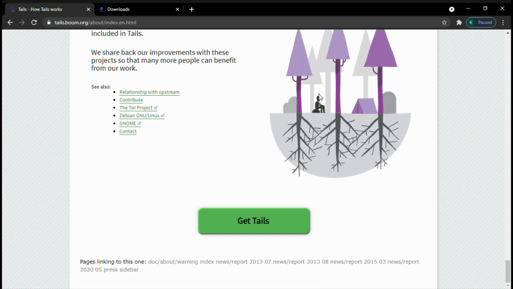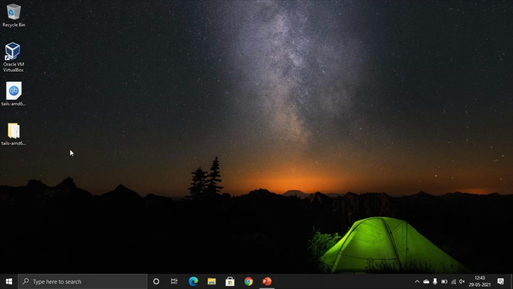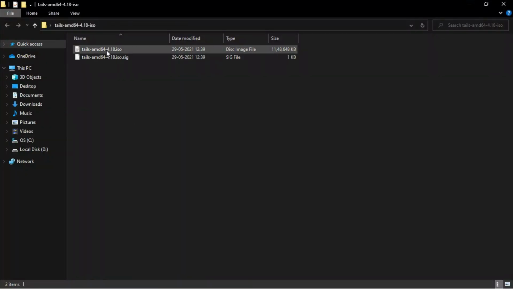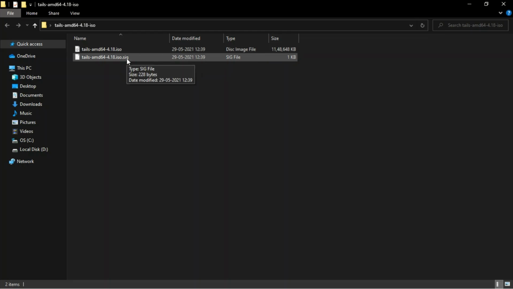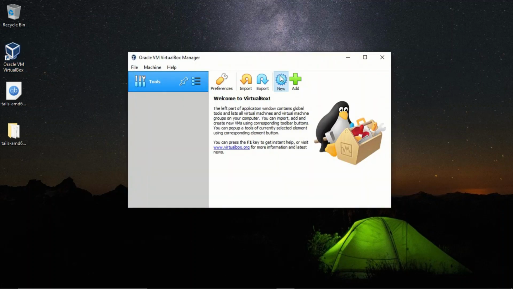The data you enter on a website goes through 3 Tor nodes and finally reaches the website. The website thinks that the data is coming from the front node, but it is not. This way, the website you visit can't access your location. So the websites you visit or the things you do on the internet can't be seen by your network provider either, because they think that you're visiting the front end Tor node, but you're not. This goes through 3 Tor nodes.